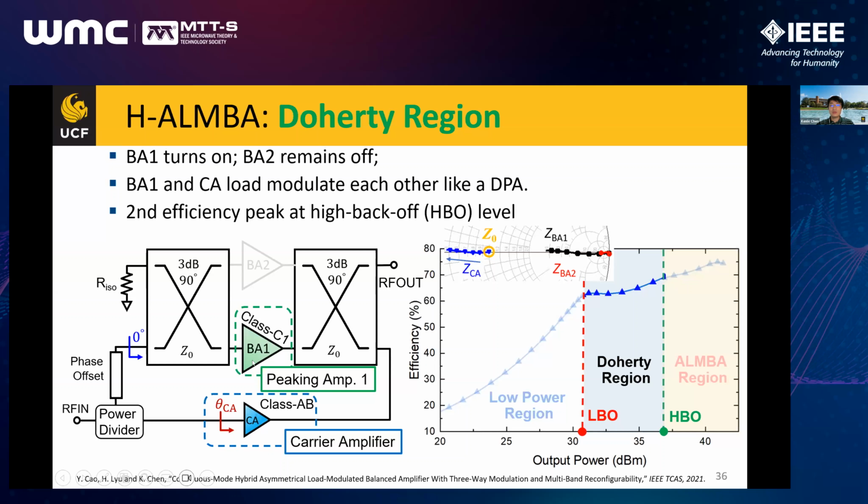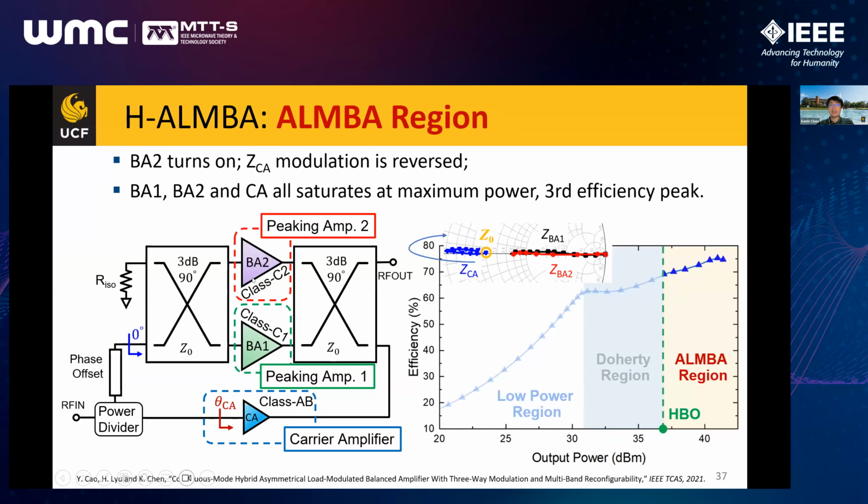Then those two amplifiers load modulate each other like a Doherty mode, so that the load impedance is modulated towards the lower impedance direction for both the carrier and the peaking devices. Once the power reaches the high power backoff, the secondary peaking device is turned on, such that BA1 and BA2 continue